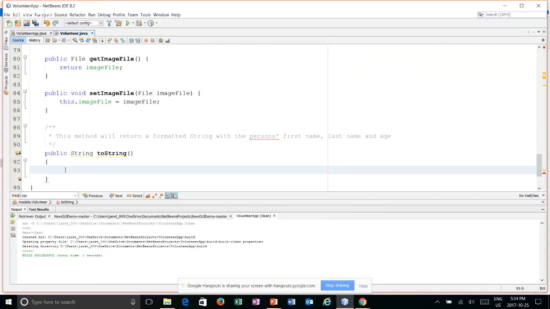this is a special method. If you don't explicitly call out toString, and you try to print out an object's class information, this is what will come up. So here we'll say return String.format